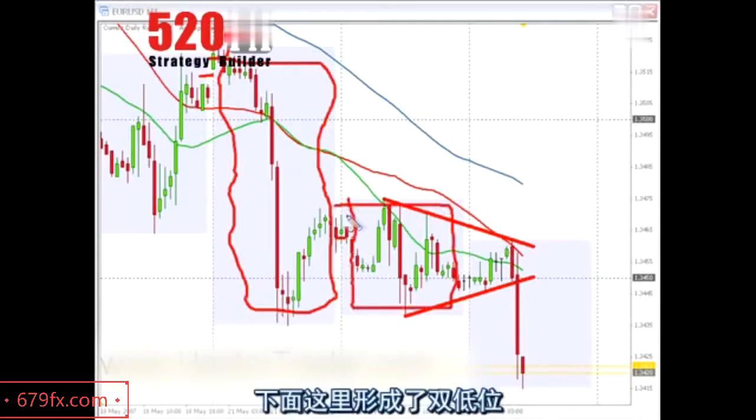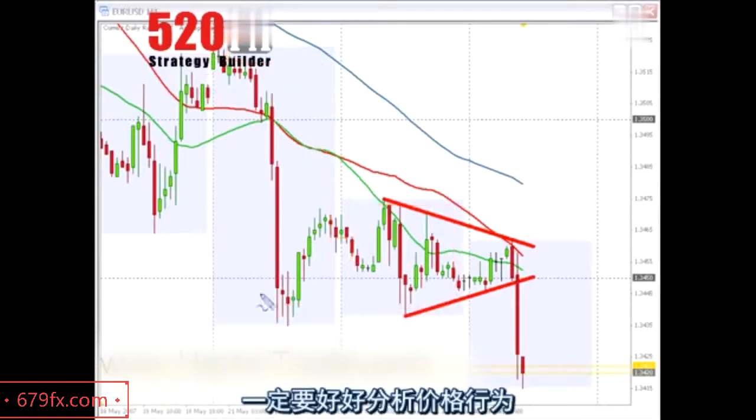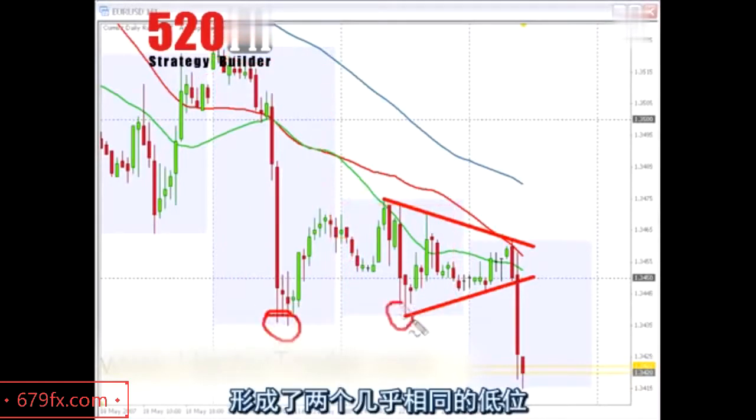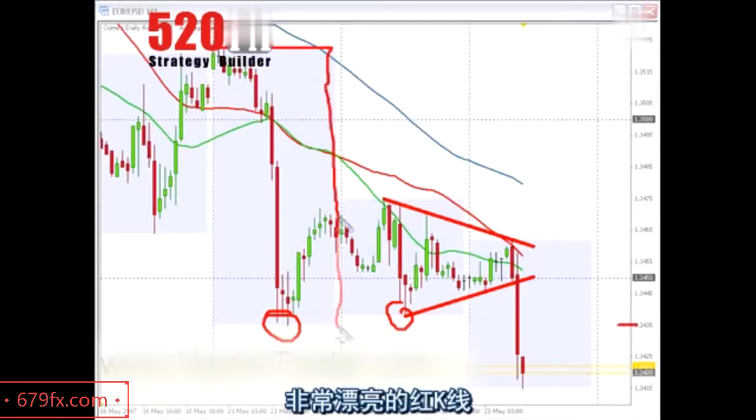Meaning indecision, guys. We're forming a double bottom. You see that? Gotta read price action, guys. Double bottom, almost at the same level, the 134.35 area. Nice red bar,